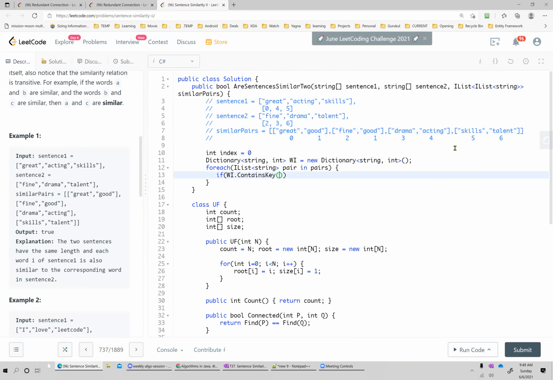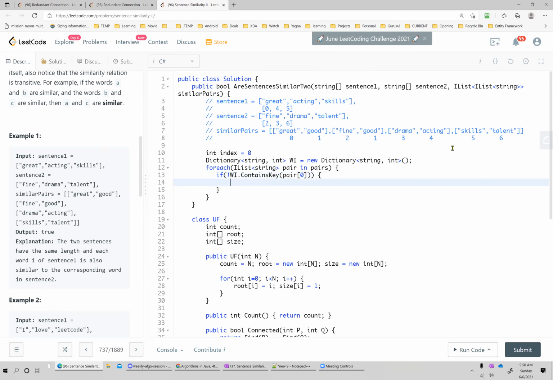So what it says is that if my word, right? So pair has two words in the pair, right? Pair 0. If the dictionary contains it, don't do anything, right? But if it doesn't contain it, so if the dictionary doesn't have it, then I want to basically add it into the dictionary. Dot. Okay, so it's a dictionary, right?